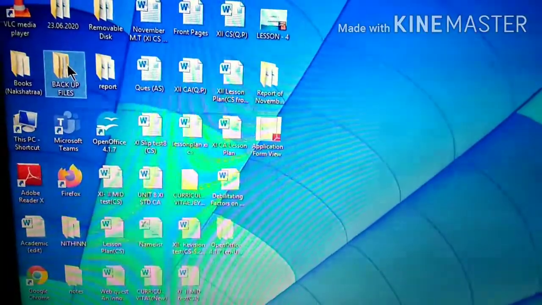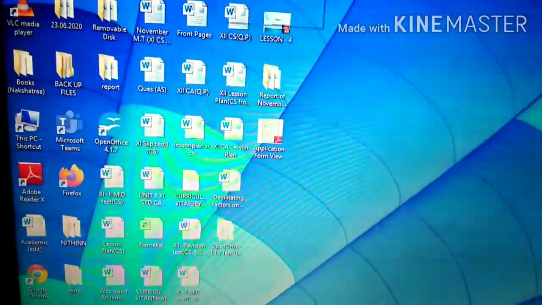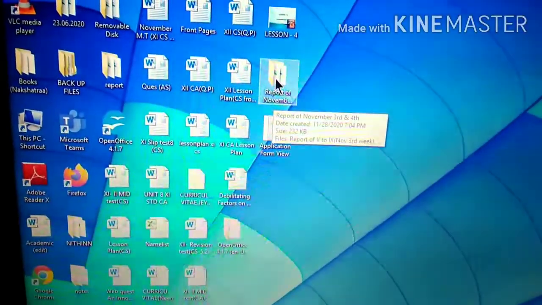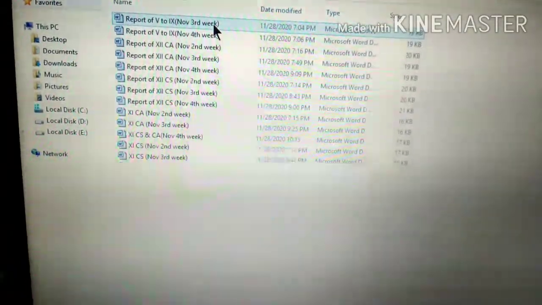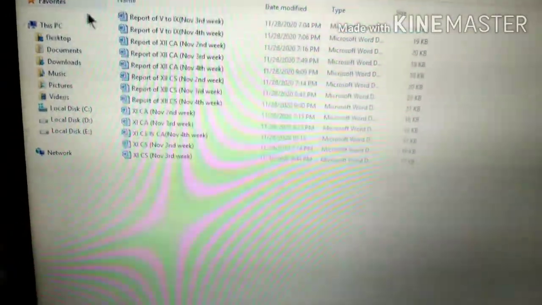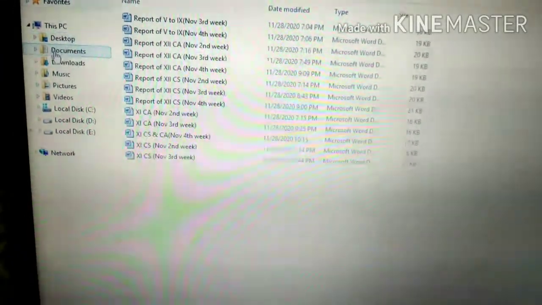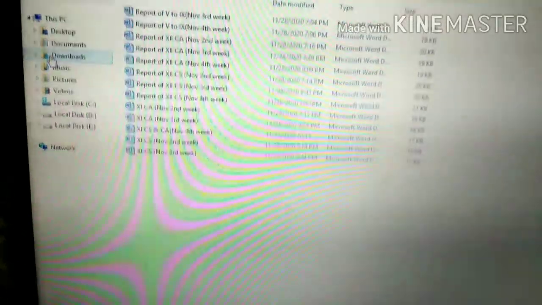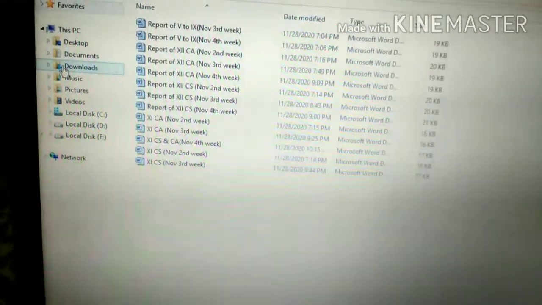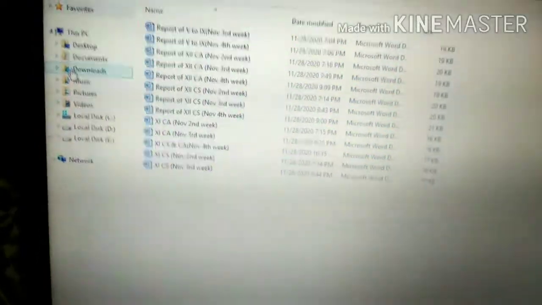This is named as a folder. These different files stored within a single location are named as a folder. This is the folder icon. If you open this icon, here we see a number of files stored in this single folder. So here we see this is the desktop folder, this is the documents folder, this is the downloads folder. Different folders are there. So a folder consists of different files.